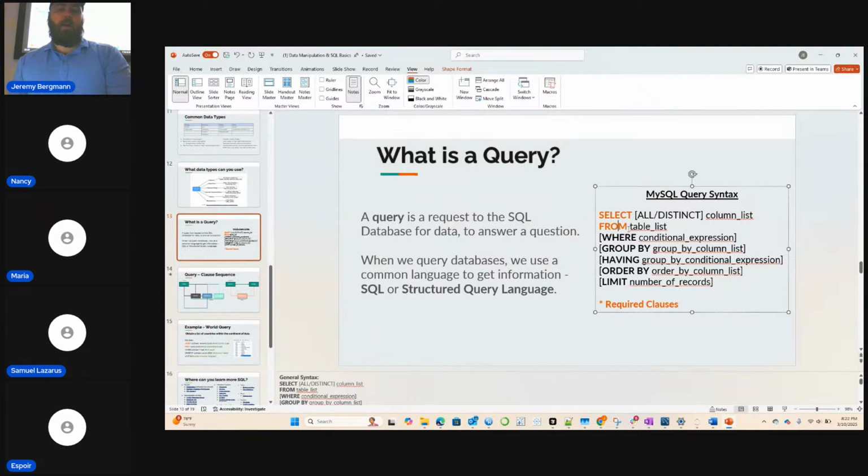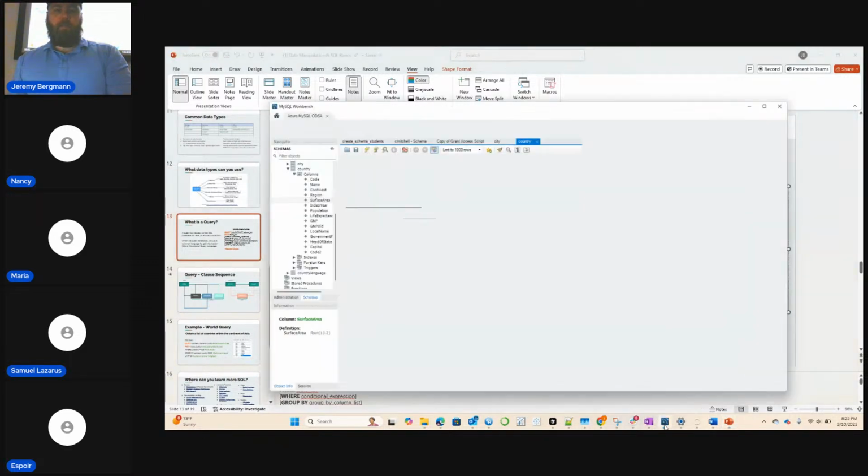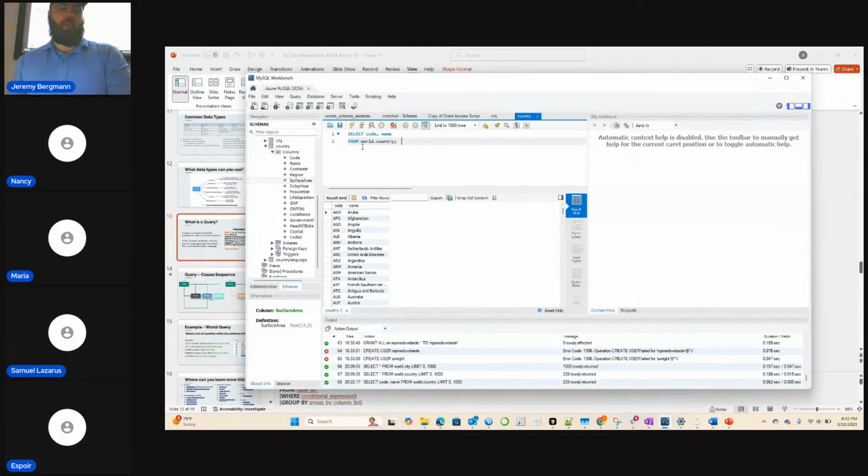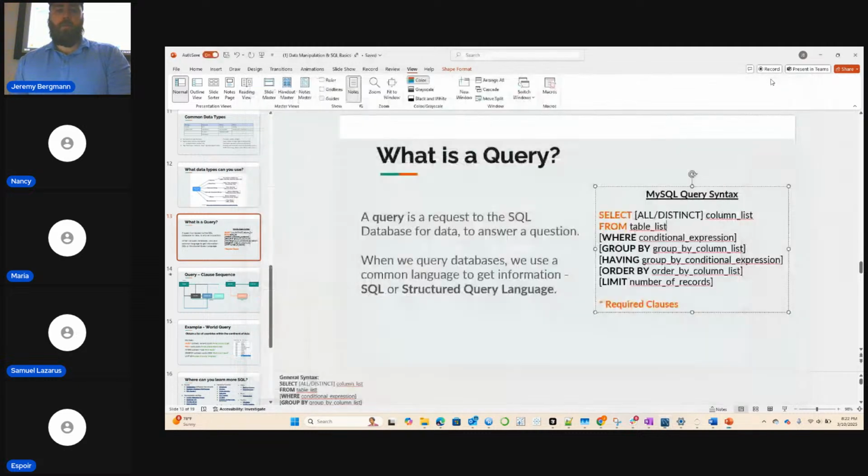As you saw in that one, there was a from, so I had to give it the table to pull data from. I gave it both the database name and then the dot table name. And in Microsoft SQL, we also call this the schema and then dot table name. All the rest of these are optional, but I'll show you how they're used.